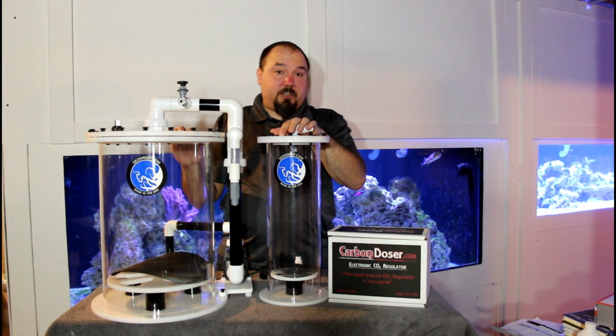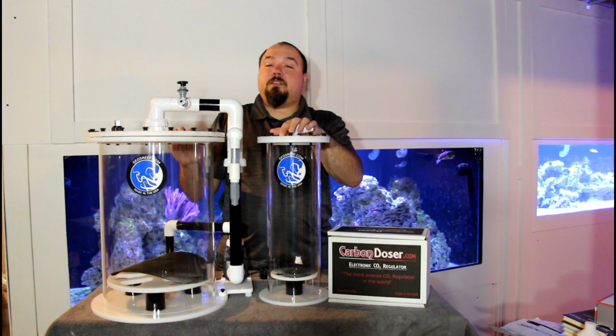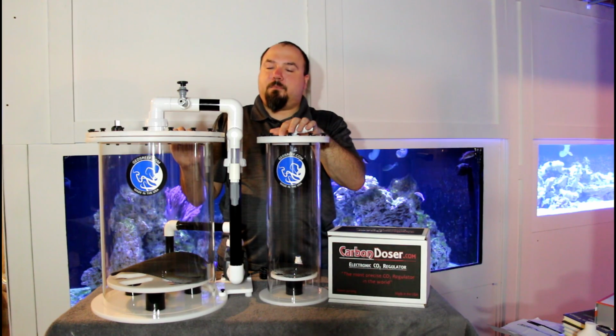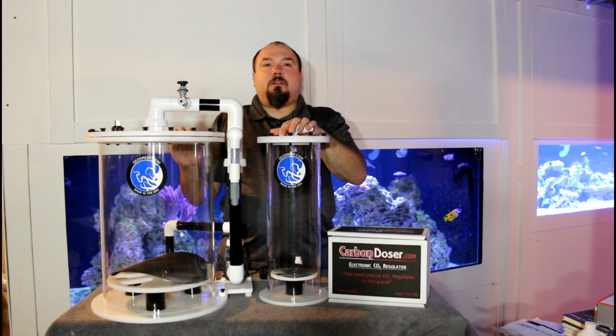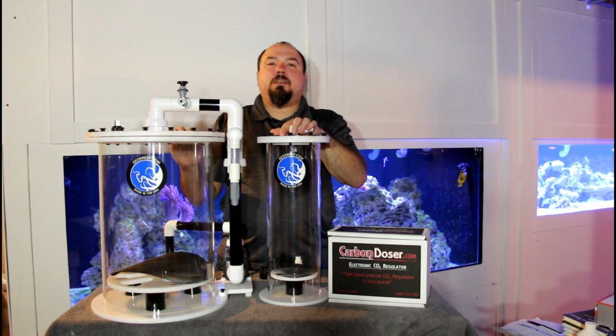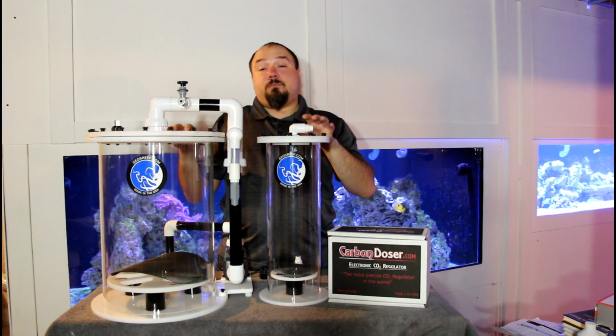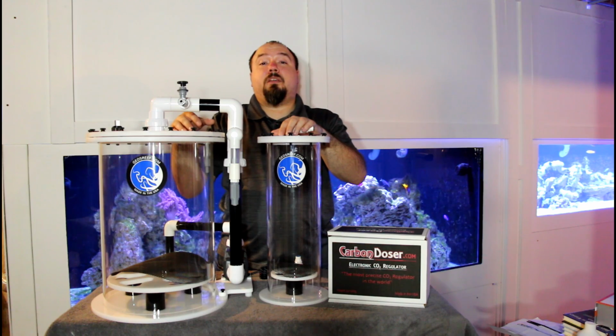Some of the other calcium reactors I looked at, while they really did look nice, had a few drawbacks. In some cases, being able to get parts might have meant something getting shipped overseas. And while that's a little easier to do nowadays, it still does leave me a little nervous because if I have a failure of a calcium reactor, it is important to be able to get it up and running very